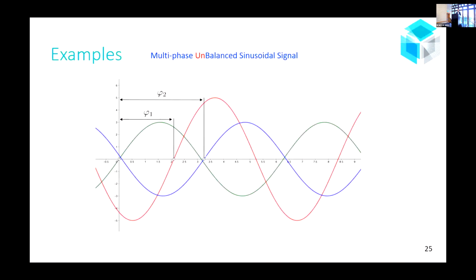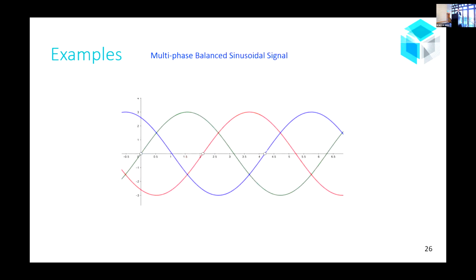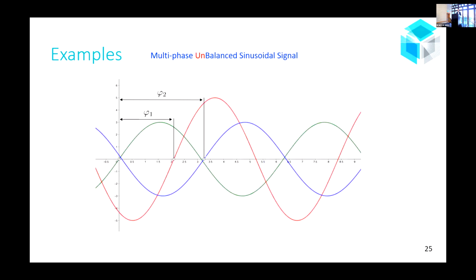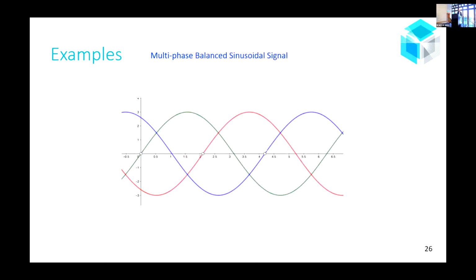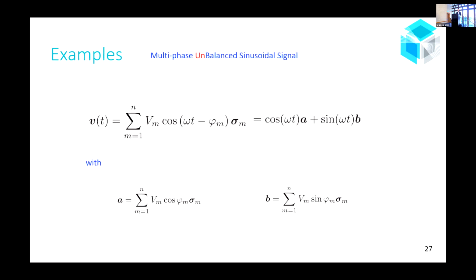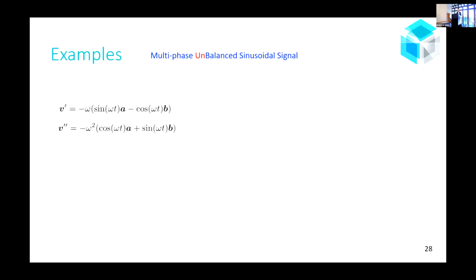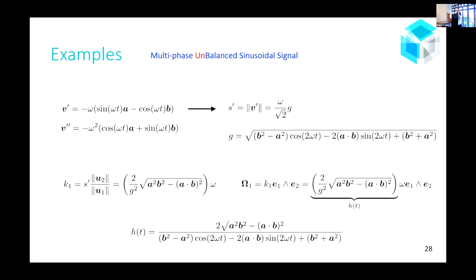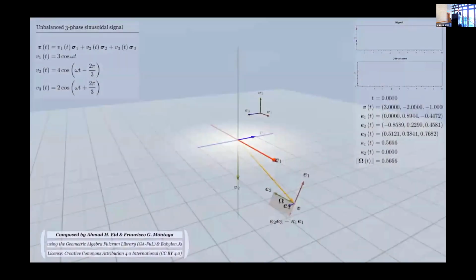The second example is an imbalanced multi-phase signal. In this case, every amplitude is different, and also the phase delay between the signals can be different. Here we show it for comparison purposes with the balanced system. And here we show the voltage vector, and now a and b are a bit different from the balanced case. The relevant numbers are here. So now the curvature k1 is not constant, it varies with time, and also omega 1. So we can see in this animation